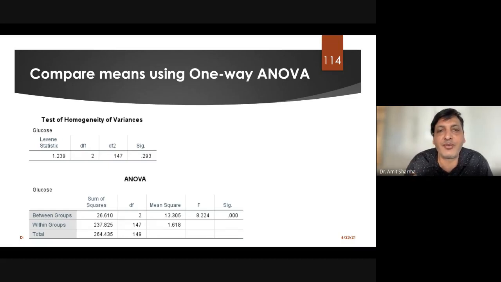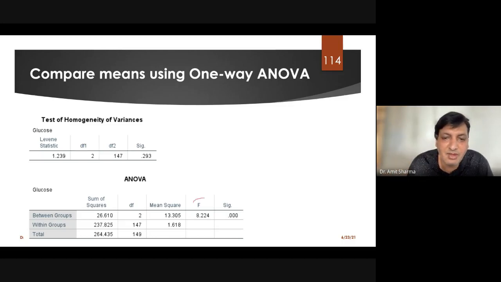A sufficient number of patients under each group is not there to compare. Clear? So when this value is more than 0.05, you are sure that you are eligible and you can proceed with the ANOVA. And this is the main ANOVA table. You are going to get all those values which we calculated in the manual calculation.